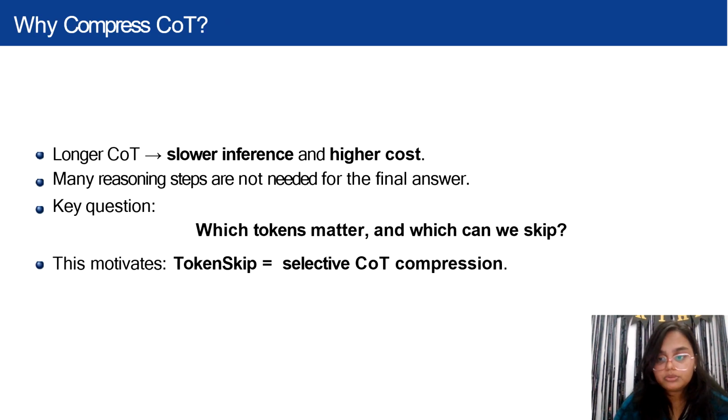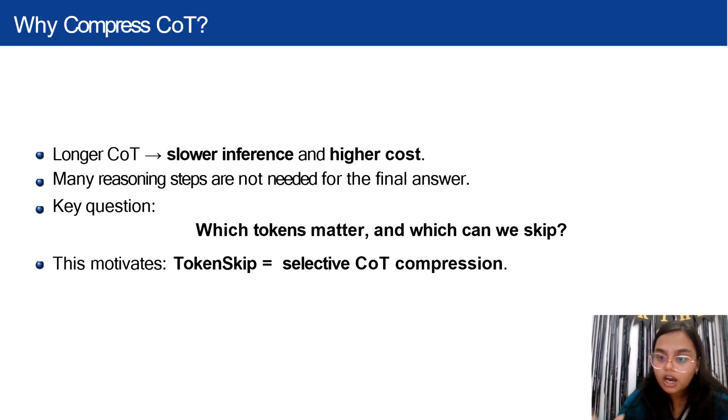Because of these standard issues in COT, this brings the motivation of our paper, that is the compression of COT. We have a trade-off. We need the reasoning steps for accuracy, but the length of these steps kills the efficiency. So the authors asked the key question: do we really need every step or single word in the reasoning chain? Or can we skip certain words and just keep the logic of the answer? This motivates TokenSkip, a method that compresses the reasoning response itself.